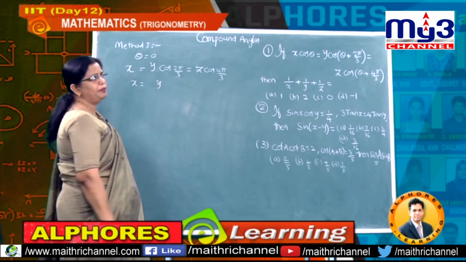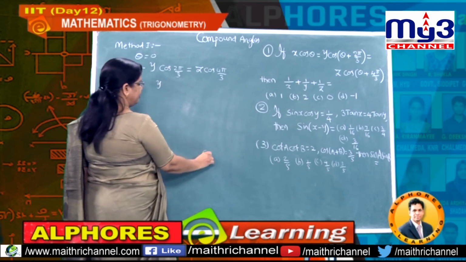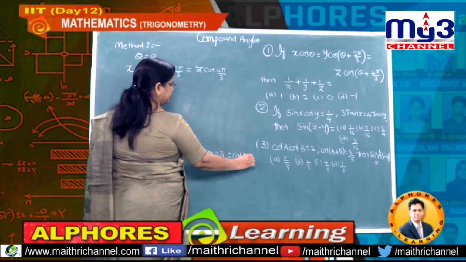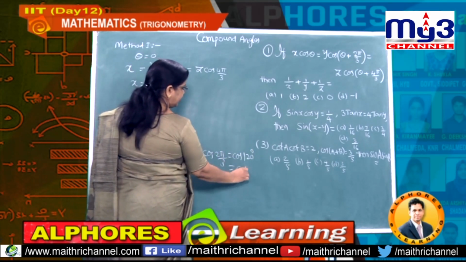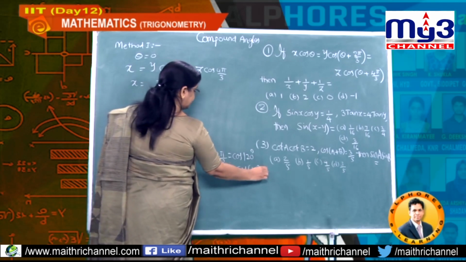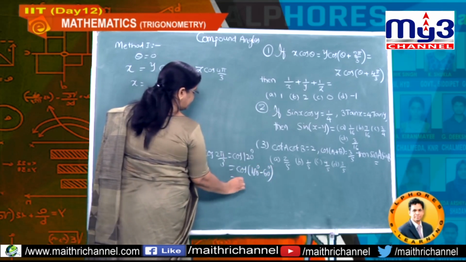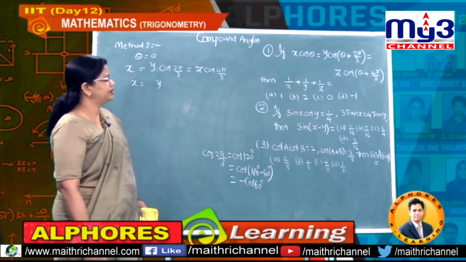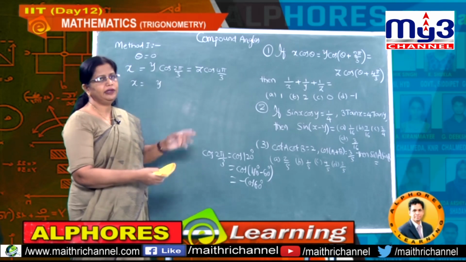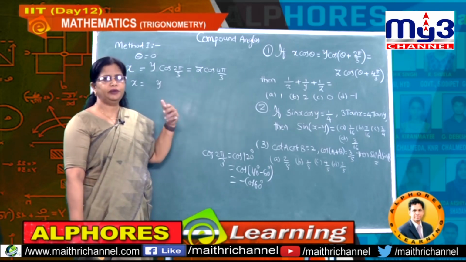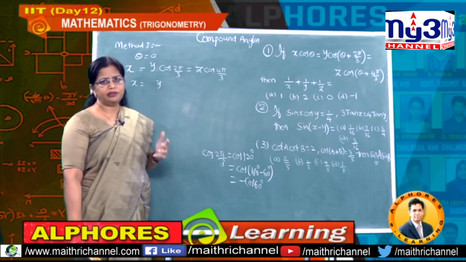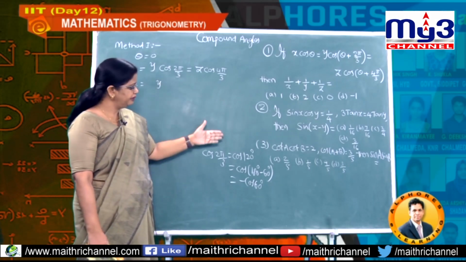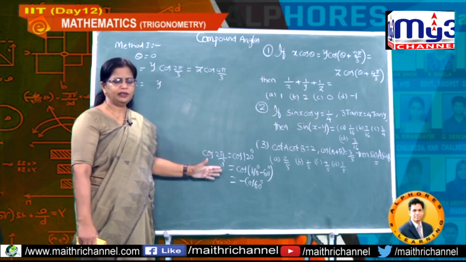What is cos 2 pi by 3? So, cos 2 pi by 3 means the value is nothing but cos 120 degrees, and 120 means 180 minus 60, and therefore, this is minus cos 60 degrees, that is minus half. So, students, this cos 120 and cos 240 repeat many times in our future problems also. That is why better remember these kinds of values. Every time do not write in this way, it is mere time waste.